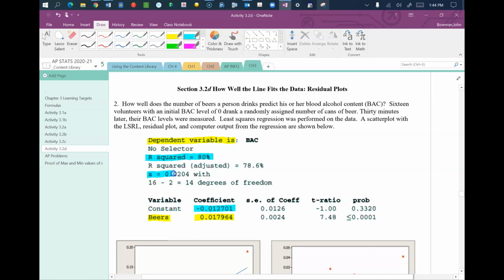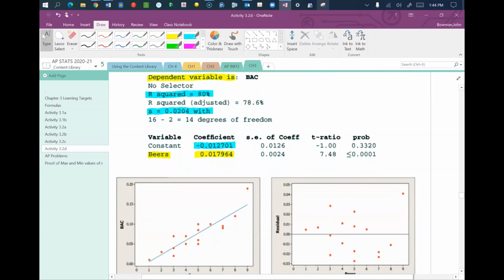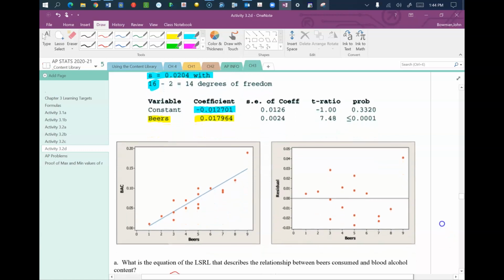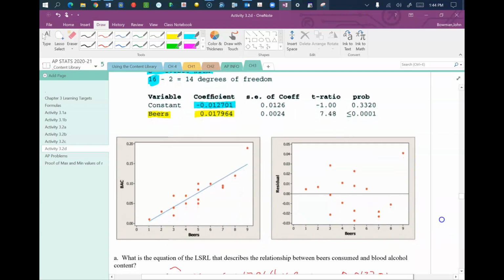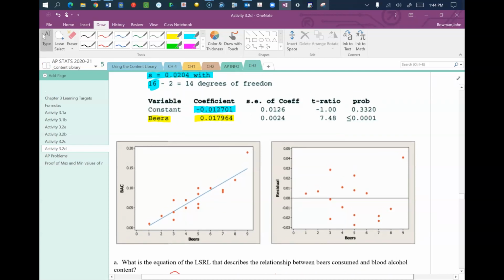S is 0.02, and the degrees of freedom actually is 2 less than the sample size when you're talking about lines of best fit, and you could actually verify that by counting the points. We also have a scatter plot, and we have a residual plot, so we can use that to answer some